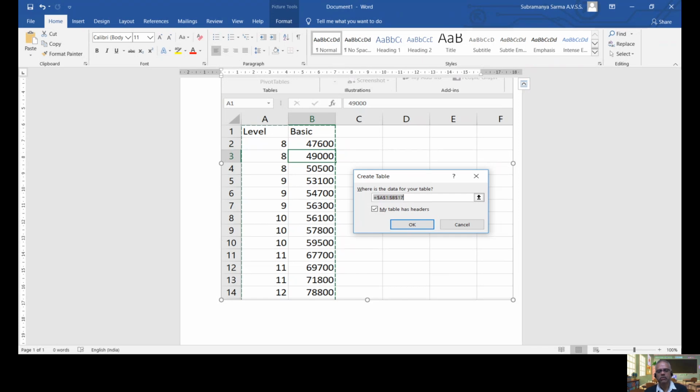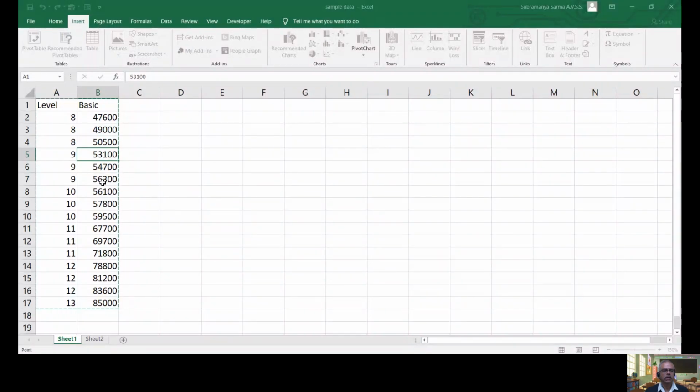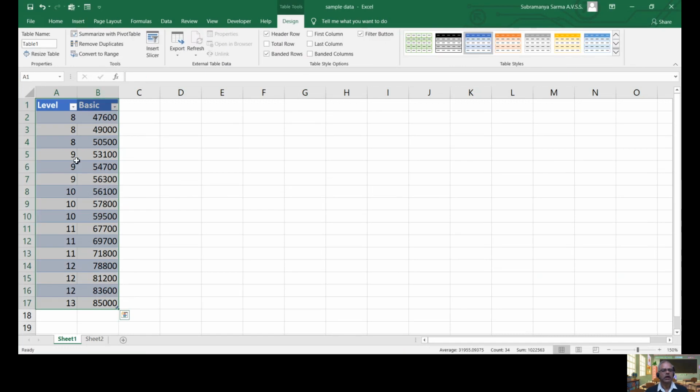Now I will come back to my Excel sheet. This is the only issue; I think hereafter there won't be any problem. The rest will be visible to us. So this is our Excel sheet. I am saying just OK. Once I said OK, observe what happened to our data. First of all, color stripes were added for alternate rows. Some blue color was added. Why and how, we'll see later.